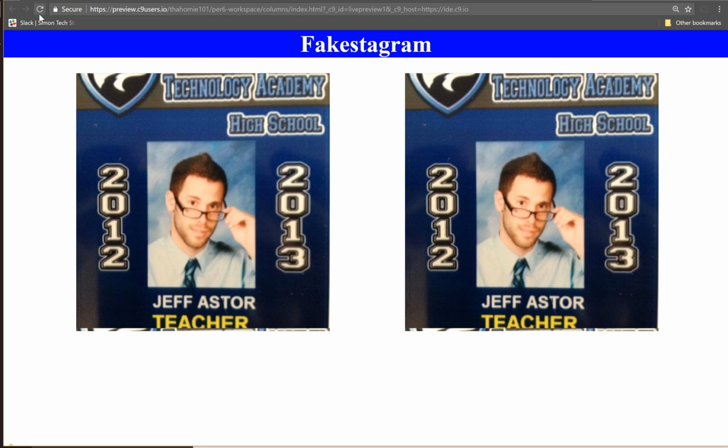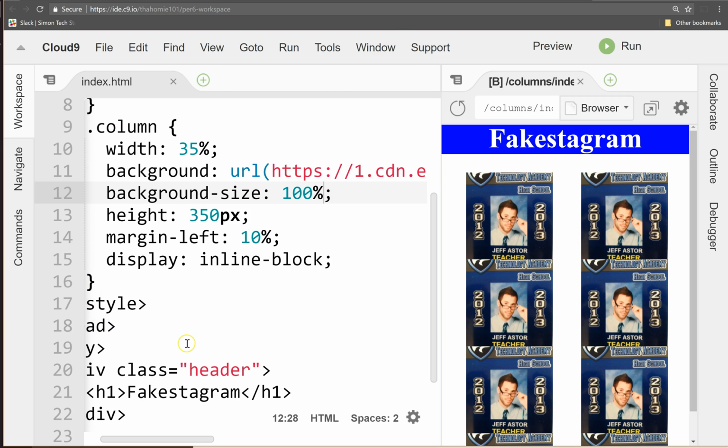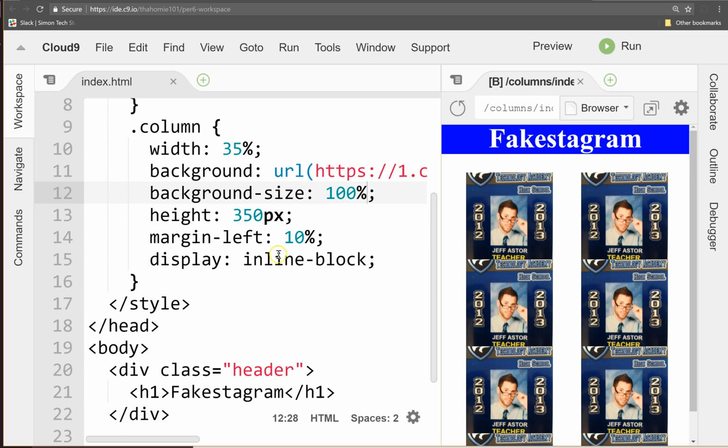This looks pretty good. The only thing I would like to change is I would like to have 2 different photos here. And that is the very next and last step for this lesson for today. All I did is I changed the background from Dodger Blue to background URL, parentheses, and then I pasted in the link right there. Then I said the background size should be 100% of its container, which happens to be